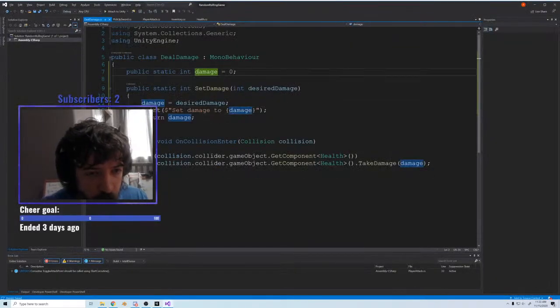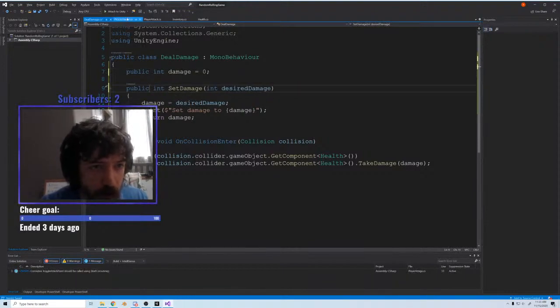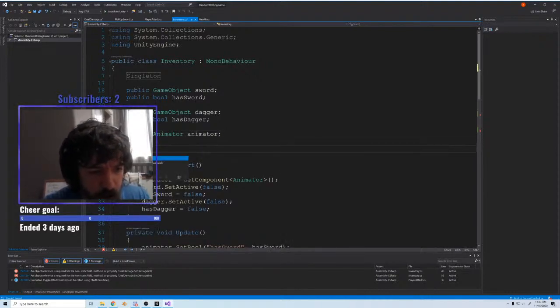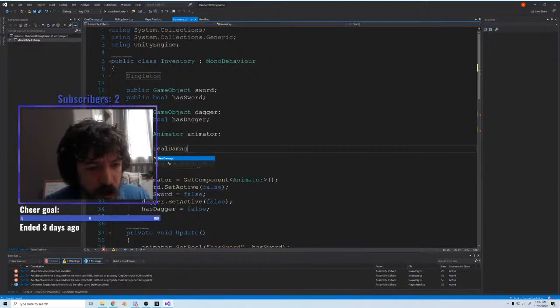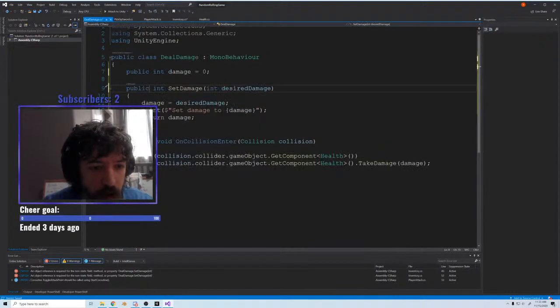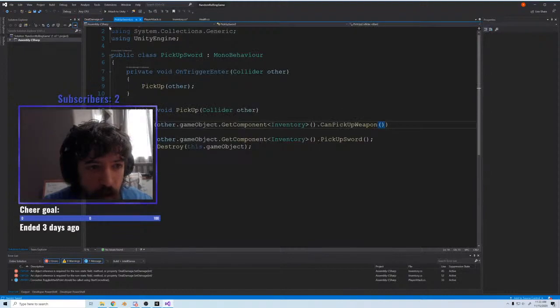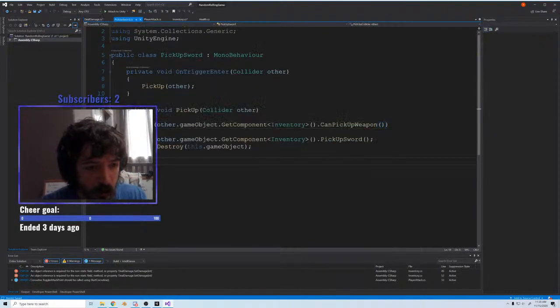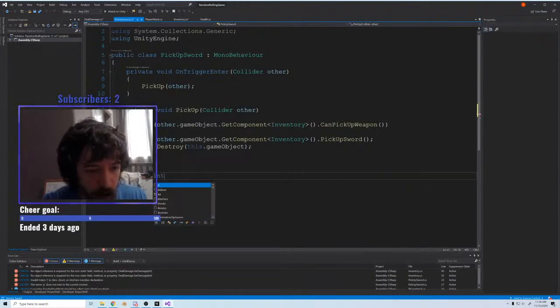And I think it's because it shouldn't be static, because there's more than one. Where do we set it? Inventory. Where is it? Public deal damage. We'll make this a singleton too. No, it shouldn't be a singleton because there's not one. We need to figure out if the sword, we need to set damage to. So public int set damage here. We'll set our damage to,